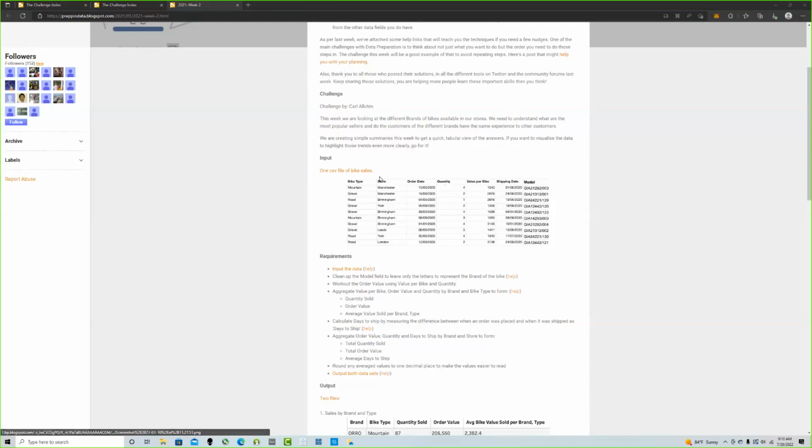All right, so we've got our scenario, creating simple summaries, trying to understand most popular sellers. So you can either click on this one, the CSV of bike sales here, or you can click on the input data